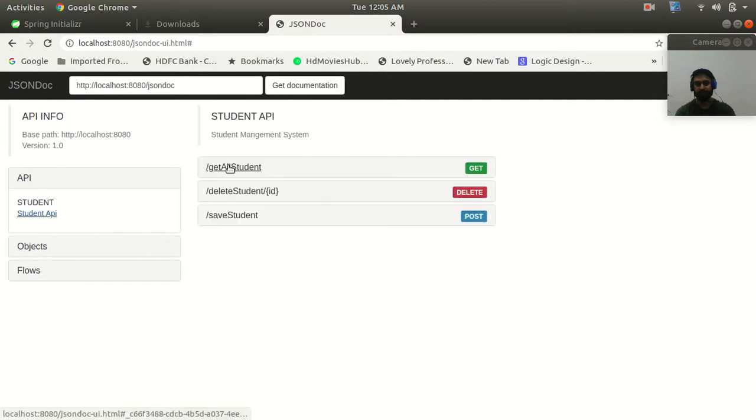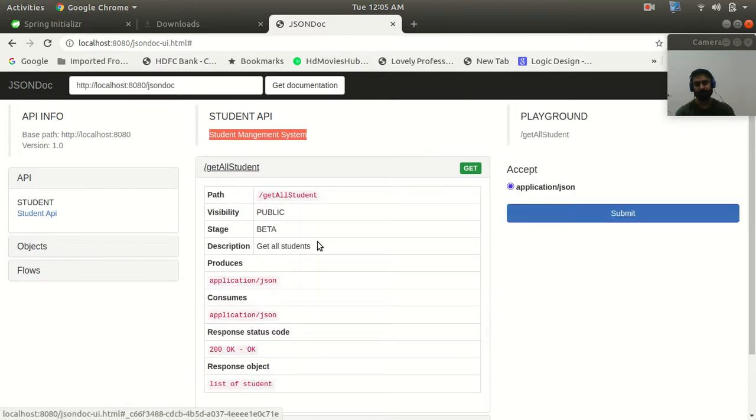So open it, and here you can see that we are getting the description as the student management system, and here the name is student API, and the description I have added as a student management system. So now you can see that it is looking like a meaningful name, right? So in the same way you can see we will get all the information here, like the visibility is public and the stage is beta and the description get all subject, right?